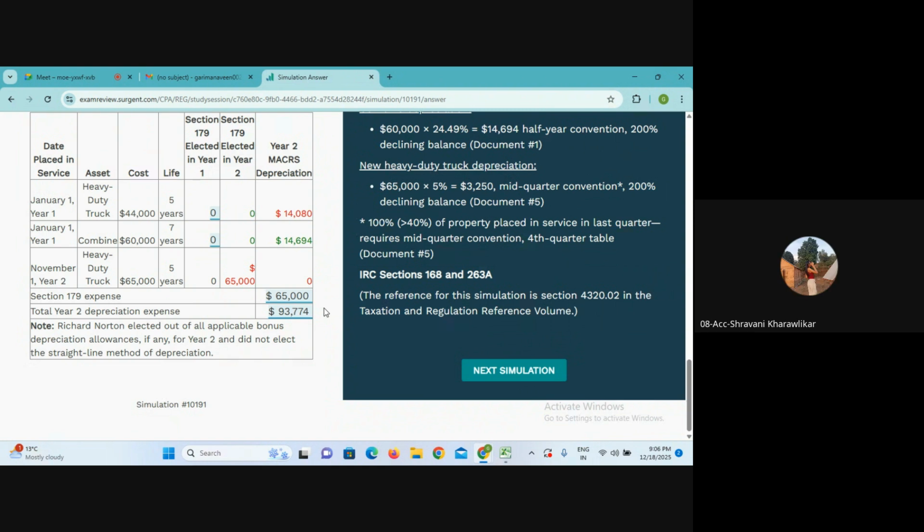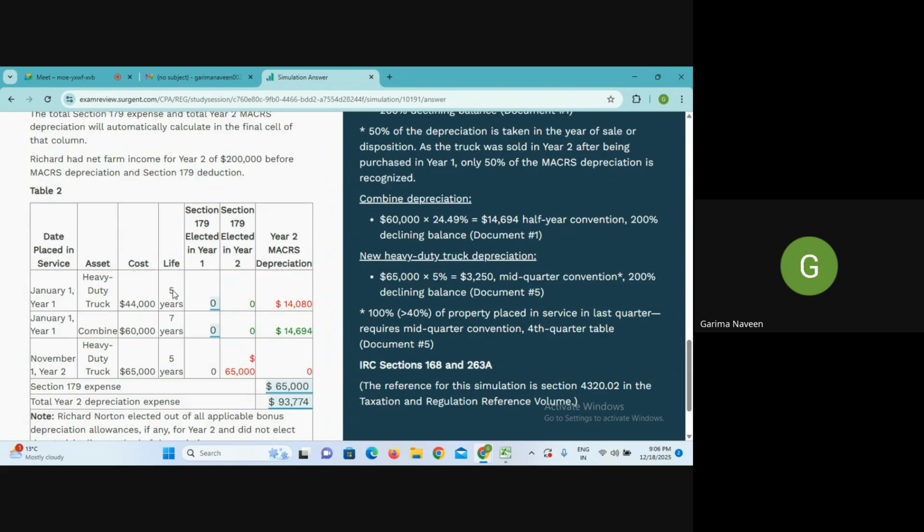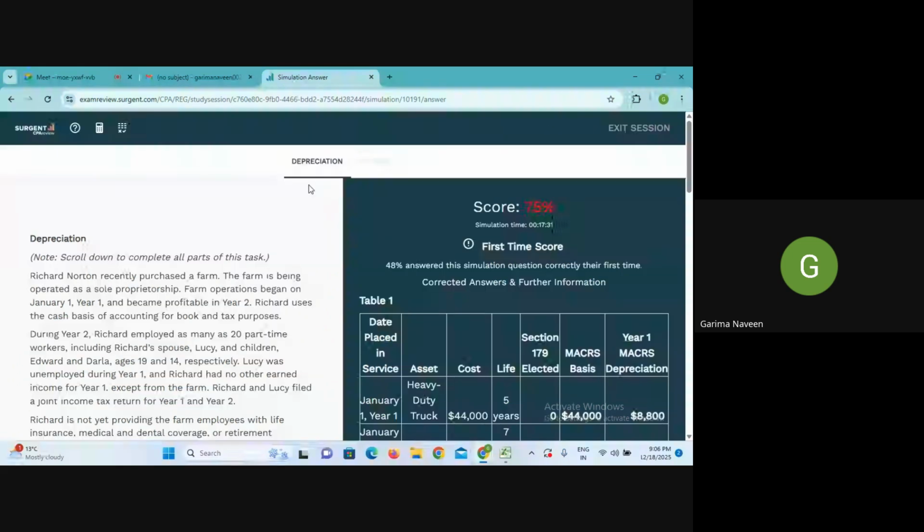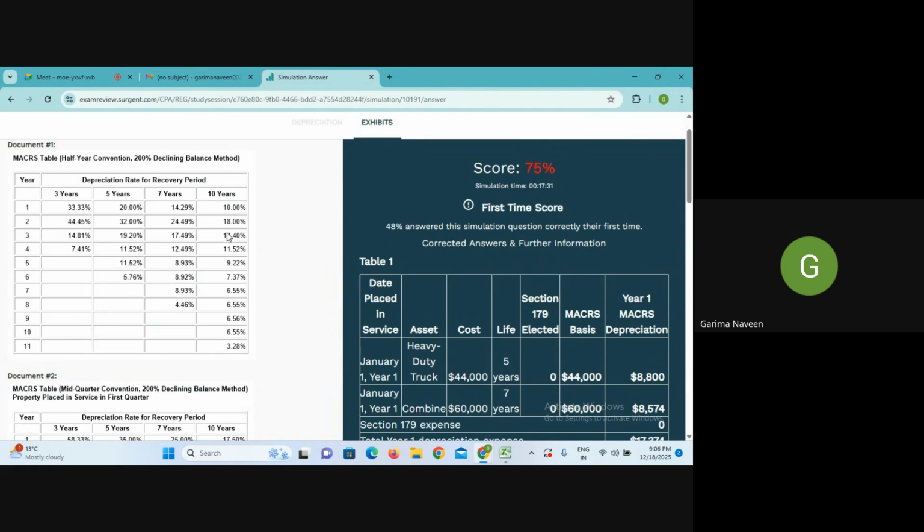अंडरस्टूड मैम। पक्का नहीं तो मैं दोबारा बता दूंगी, अगर कुछ नहीं समझ आया तो बताओ। धनश्री। I got it. ओके, सो सिंस एक ही एसेट है और वो आप लास्ट क्वार्टर में डाल रहे हो, मतलब 100% एसेट लास्ट क्वार्टर में डल गए, तो मिड क्वार्टर कन्वेंशन यूज होगा लास्ट ईयर के लिए, ठीक है। मिड क्वार्टर कन्वेंशन के लिए आप मिड क्वार्टर वाली टेबल्स देखोगे।